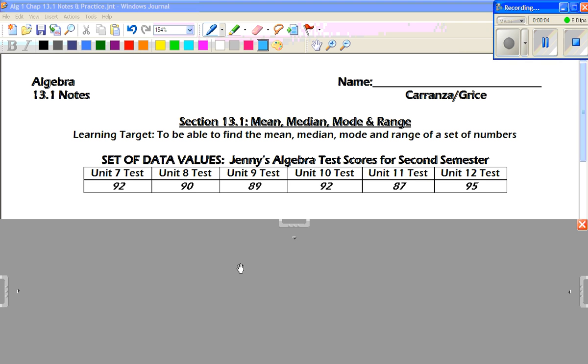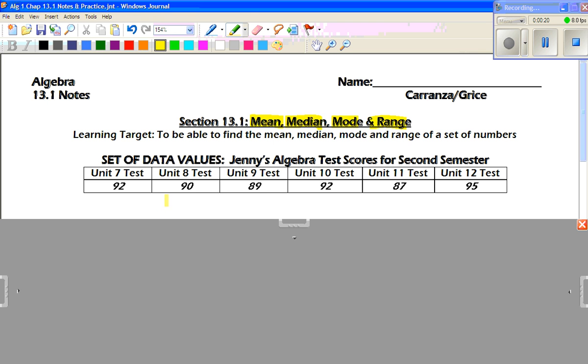Guys, this is Mr. Grice for Algebra 1, Chapter 13.1 Notes. Today we are starting a new chapter and talking about mean, median, mode, and range. Our learning target today is to be able to find the mean, median, mode, and range of a set of